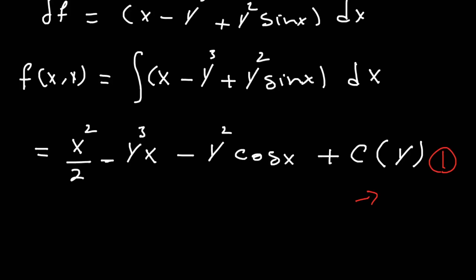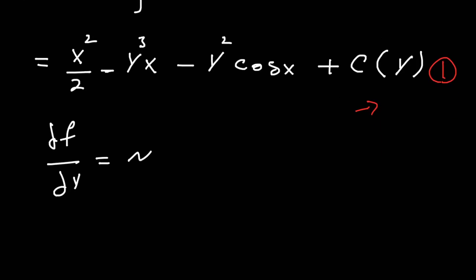So let's try this. Let's write df over dy, and we're going to set this to be equal to n. Okay, but now df over dy means what? Means you have to differentiate this expression, which is our general solution, with respect to y. Okay, so let's try this. Let's differentiate the general solution with respect to y. What we will get is